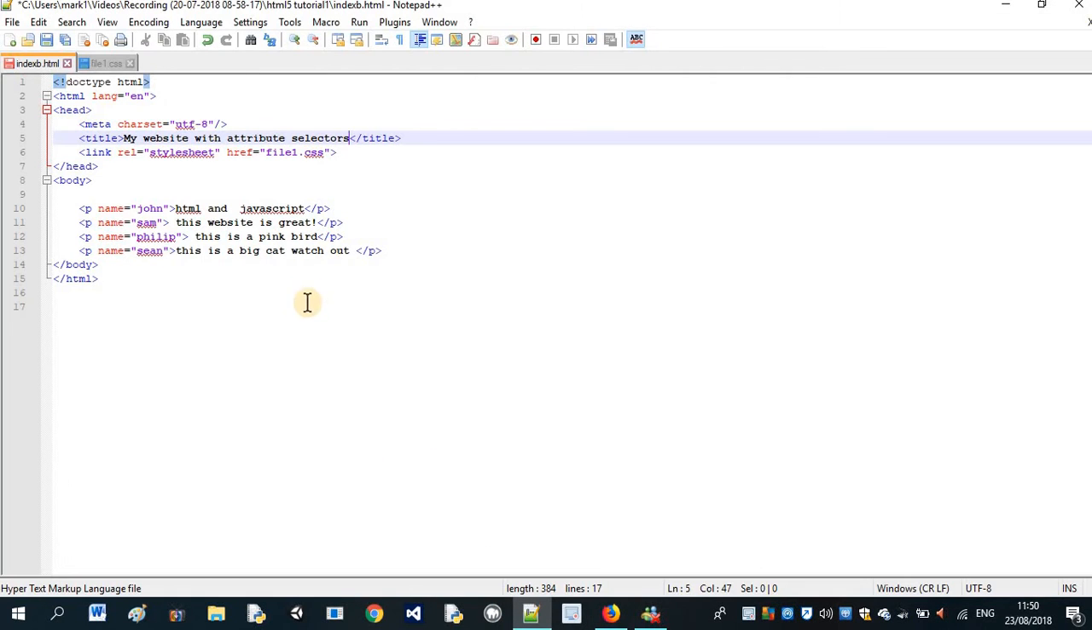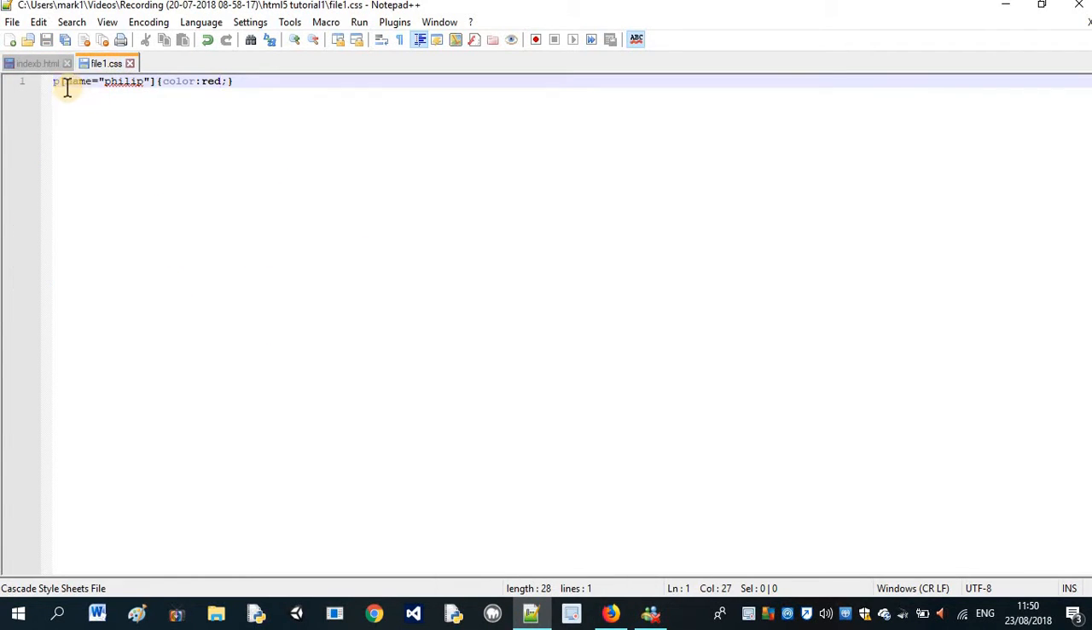So that's simple enough, right? That's attribute selectors. Just put in different names inside the tag of your open paragraph, then go into your CSS file and just put in as I have here, and you can select different ones. It's easy enough. We can change this again, and we have Sean,